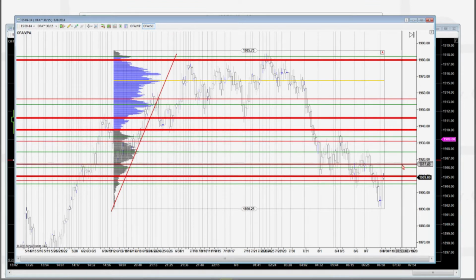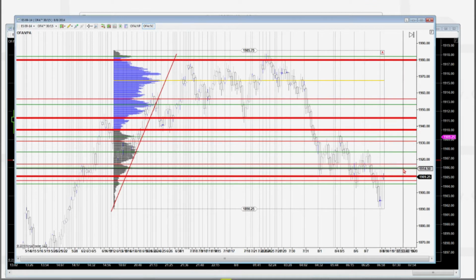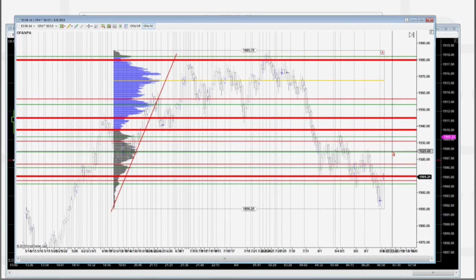If we struggle at this 17 level and we start moving down, what I'm looking for this morning is acceptance around this 14, 15 level. I'm looking for, after the open, if price moves up and we start getting volume and VPOC between 14 and 15. We start getting heavy volume around there, then what this is telling me is this market is auctioning relatively normal, and I can expect the test to 17, possibly back up to